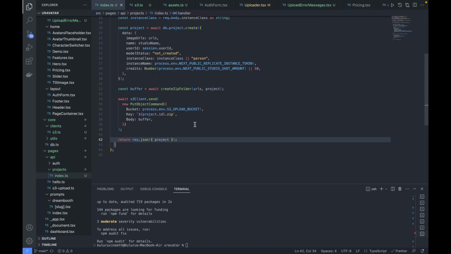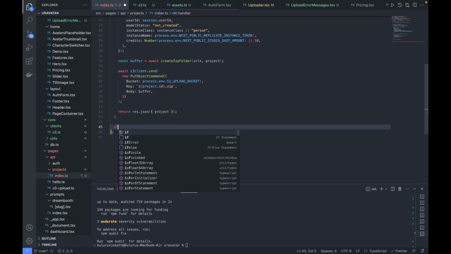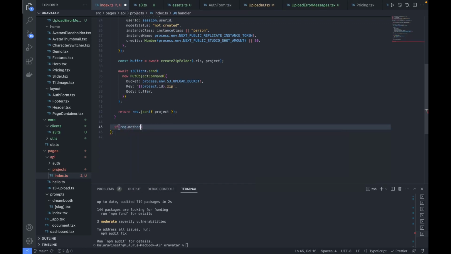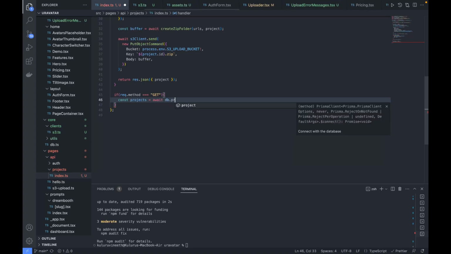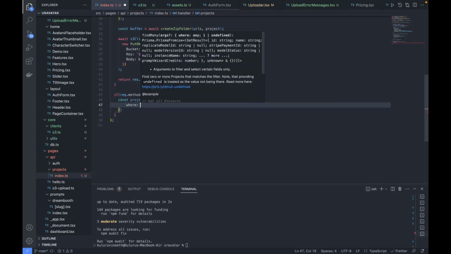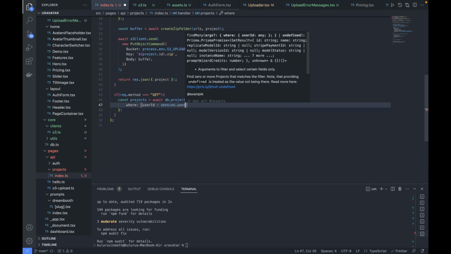Likewise we are going to handle the get request in order to get a list of projects as well. Let's define that quickly here. If the request method is get, then we are going to handle the API call to get the list of projects. This is going to be simple. We are going to call db.project.findMany, and here we are going to include user ID. User ID would be nothing but session.user.id,